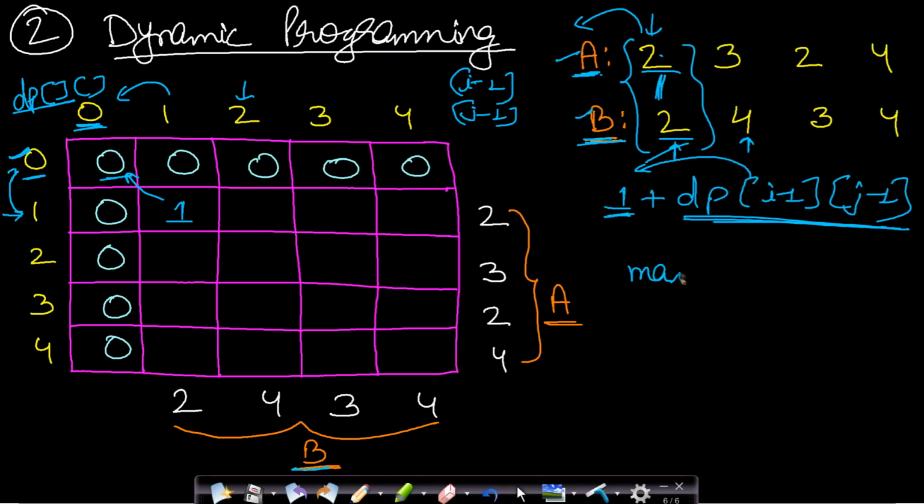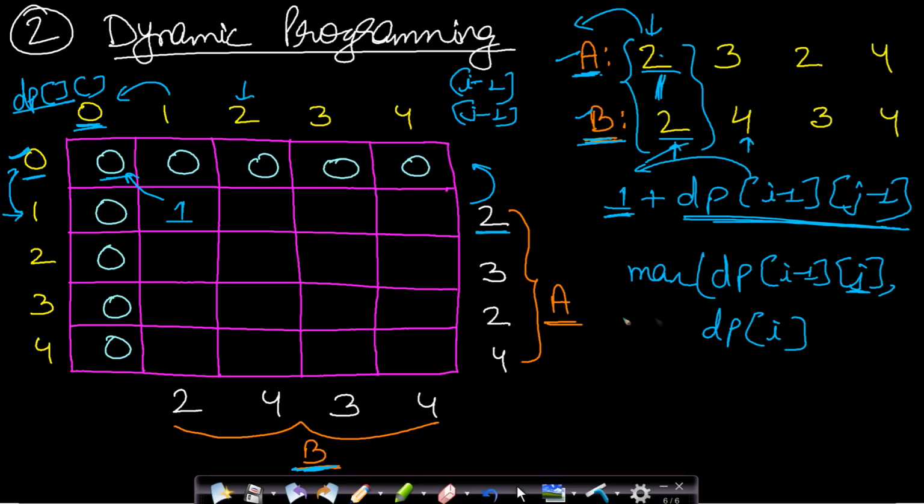This will basically be the maximum of dp at i minus 1, j. And what is dp at i minus 1, j? Basically we are leaving the current element of this A. Because i minus 1 means we are moving 1 row up. So moving 1 row up means we are leaving out the current element of A. And then we are staying at the same column j because we will be having the same number of elements in B. And the next step is to keep the same number of elements in this list A and decrement the last element from j. So this I have already explained to you in an example.